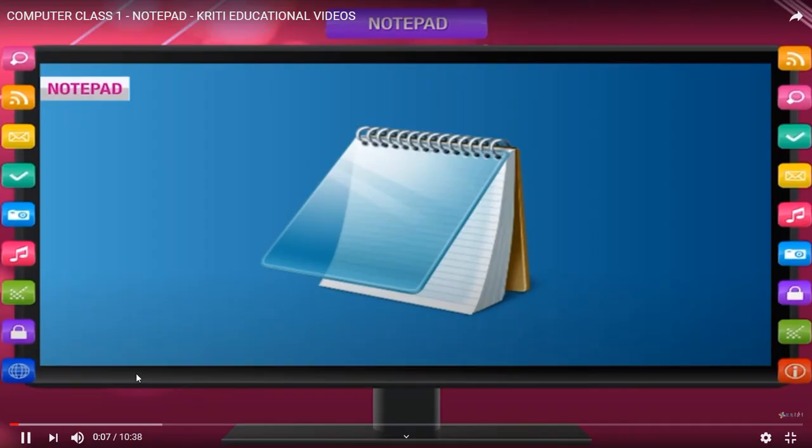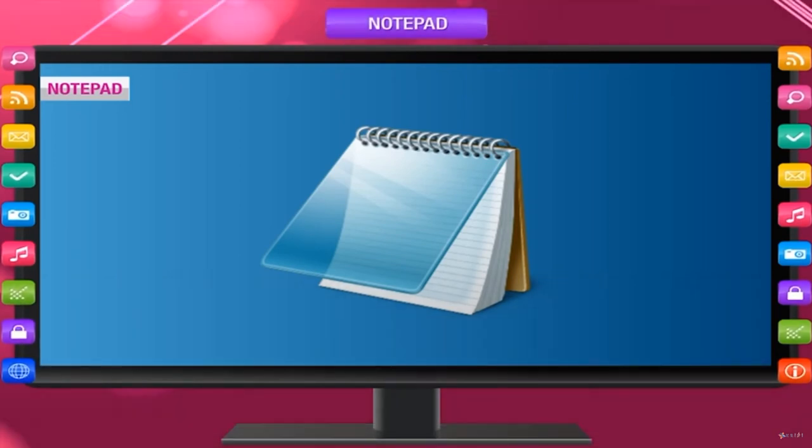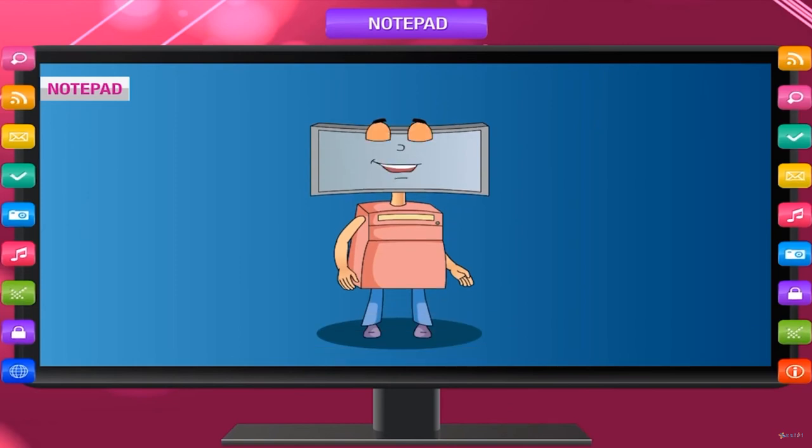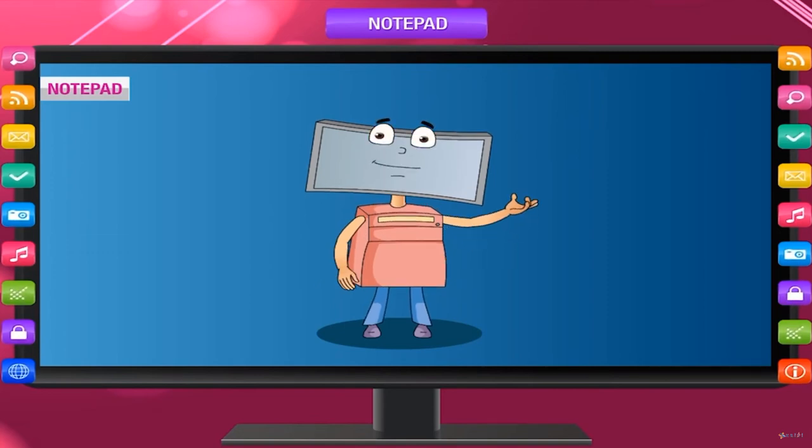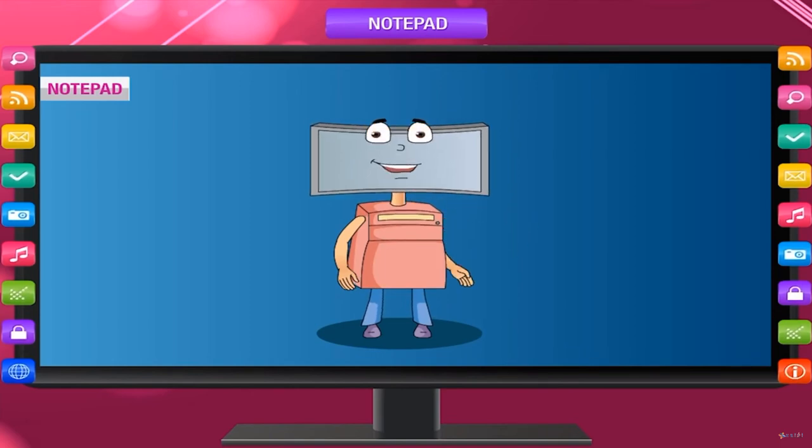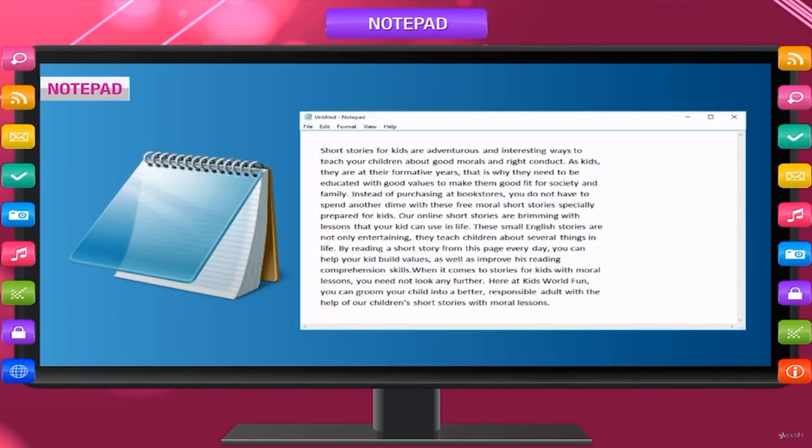Useful application software that you can use to write or type simple text. You can type in Notepad instead of writing in the notebook. It has unlimited pages. Moreover, in case you write something wrong, you do not need to write all over again. You can make the corrections in the same page. Making corrections in text is known as text editing.